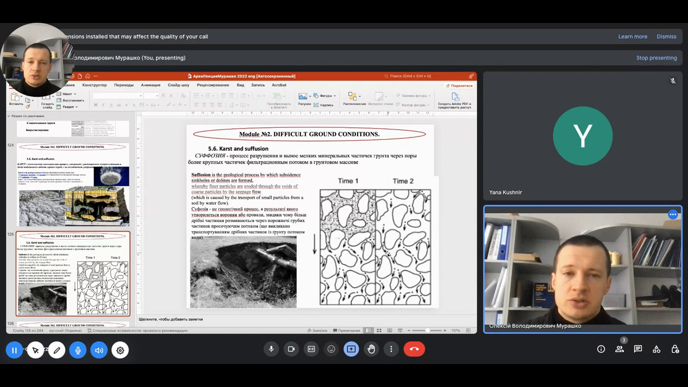Under such difficult ground conditions, in all the cases that we have discussed previously, like subsidence soils or water flow or surface water flow, we have to deal with water. But when we're talking about karst and subfusion, in the situation with karst, we are working with a chemical dissolution process, and when we talk about subfusion, we also have to work with the impact of water. But in this case, it is the physical impact of water,